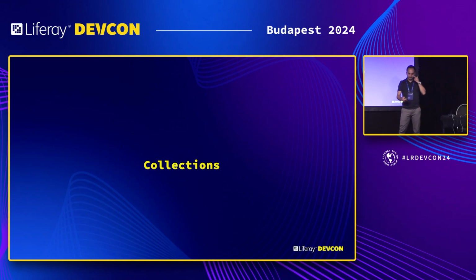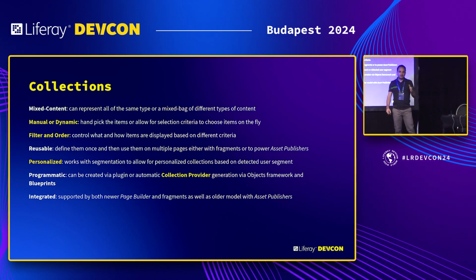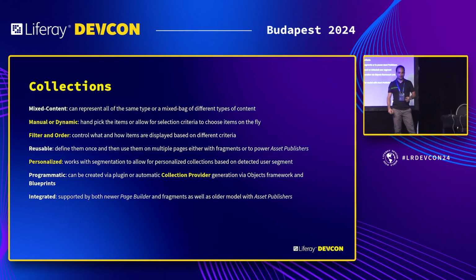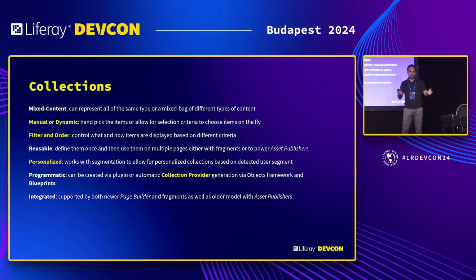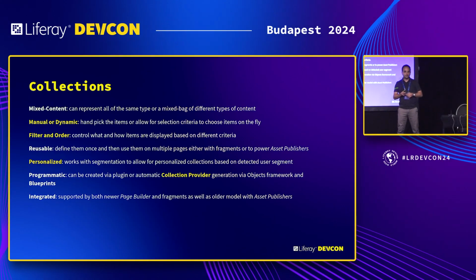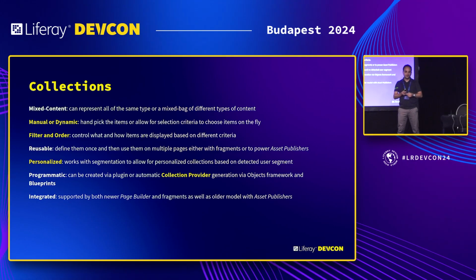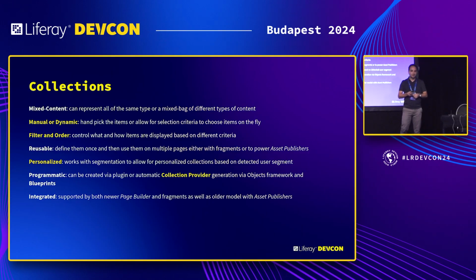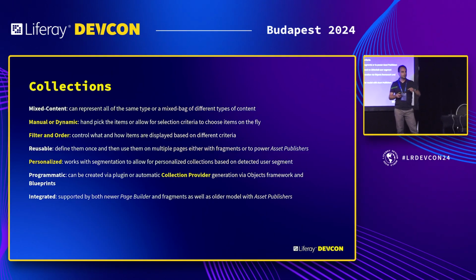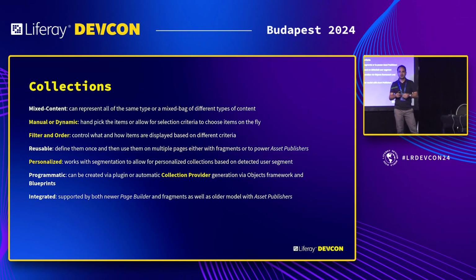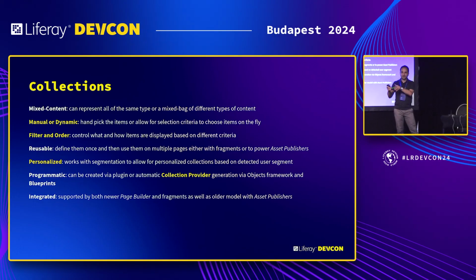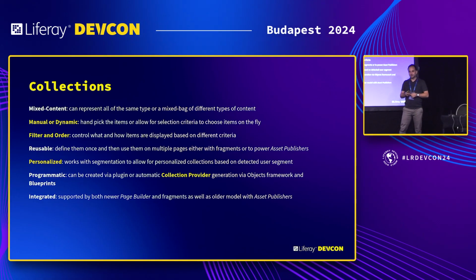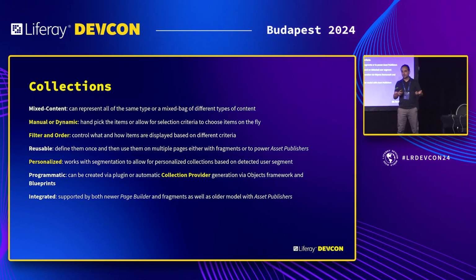Let's start with collections first. Just highlighting a few useful parts of collections: you can work with collections and mixed content types. And collections is really the evolution of those asset publisher configurations, when you could choose, hey, I want just these few items, or I have this requirement, like from this site, give me web content articles, and that's it. And basically those configurations are now reusable as collections, so you create once and then use it on other